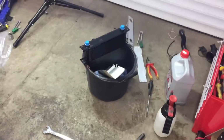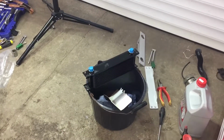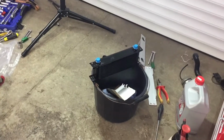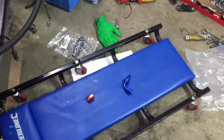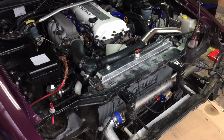I've also taken the oil cooler back out and filled it up with oil, which took about a quarter of a litre of oil, so I've filled that up completely so it's full from one end to another. So now I'll put it back in place and then cut the hoses to length and fit the 90-degree joints to it. Once you've connected the whole system up, make sure that the engine oil level is at the maximum